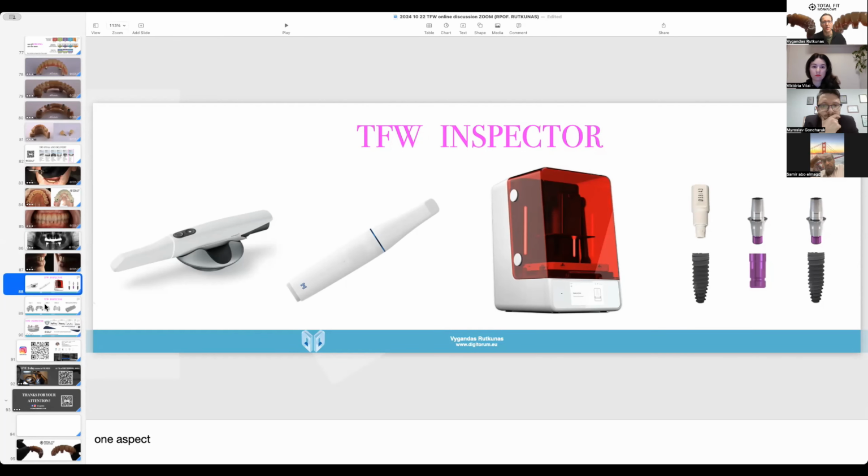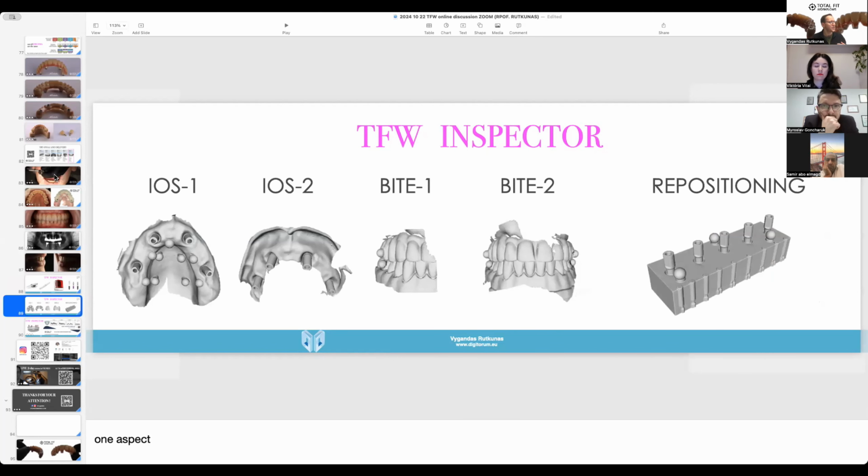So let's say you are in clinical practice, you are using different scanners, you obtain a new 3D printer, and you have new implant components. All of these things can affect the digital workflow accuracy a lot. So how can we as clinicians find out which workflow is the best, because we have a lot of workflows in our clinical practice?